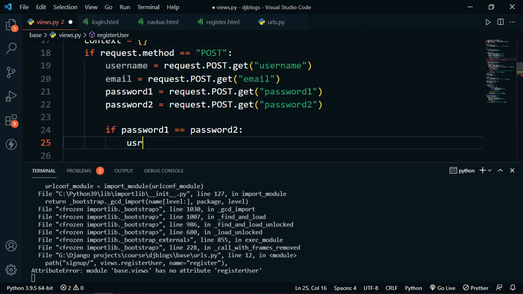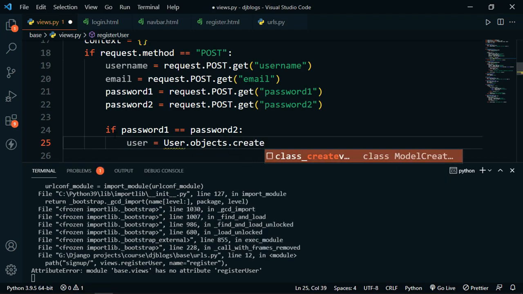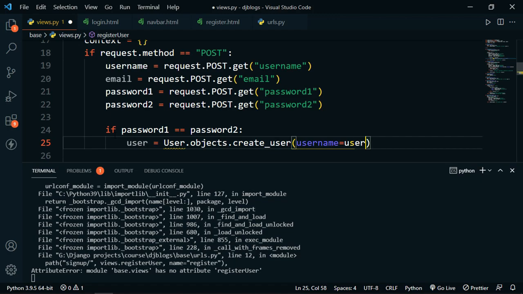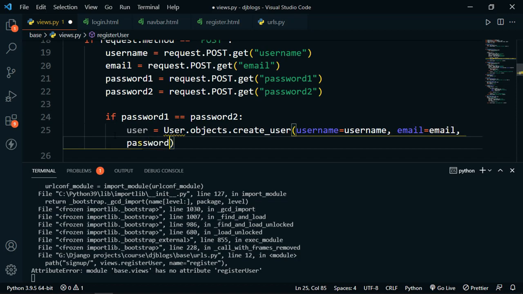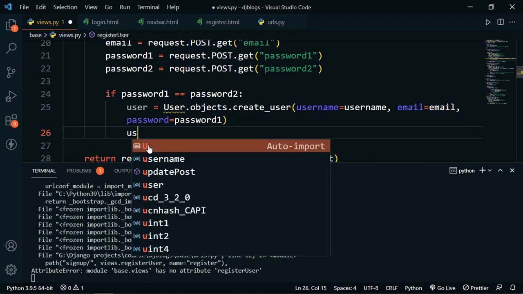So I will type here user is equal to User.objects.create_user, and then the username will be equal to the username which we will get from the POST request. The email will be equal to the email which we will get from the POST request. The password will be equal to password 1, and we will save this user. So I will type here user.save,